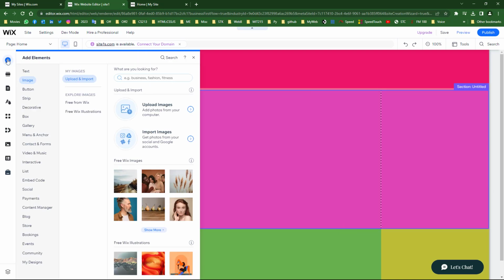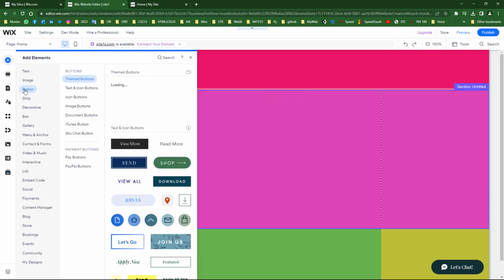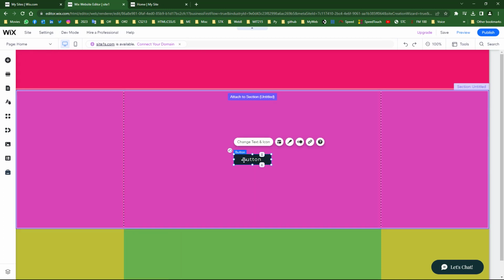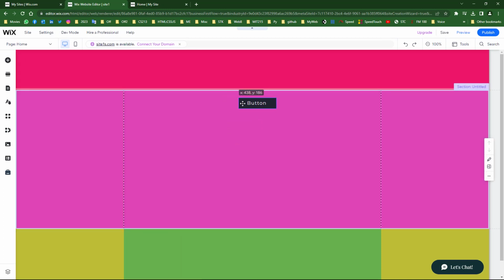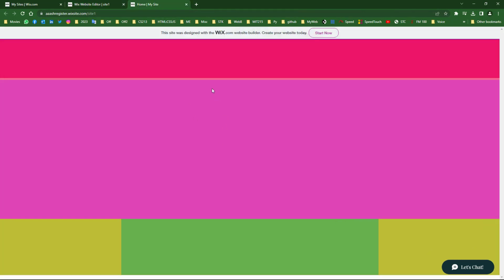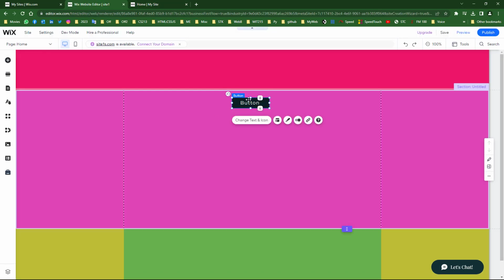So I will come here, add elements, and you can select button here, and let's say we select this one. And one more thing to remember here, if I add a button in this section part, what will happen if I click that and go to the next page, that button is going to disappear from there. So it means we need to put our controls that should be visible throughout the whole website